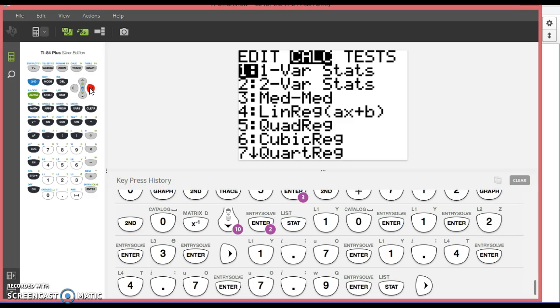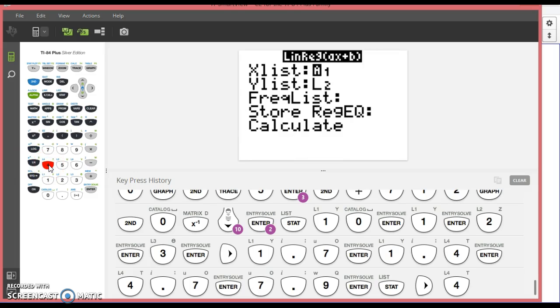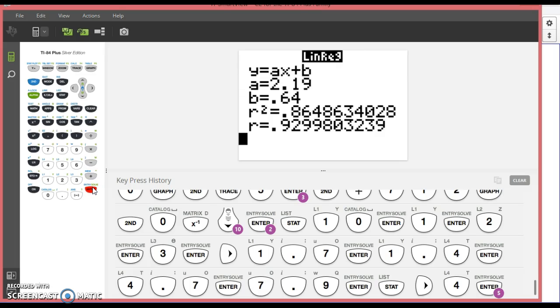So the first thing we're going to do, you see linear regression is number 4? I'm just going to do that first. So I'm going to hit 4, and I'm going to hit enter. Keep hitting enter until it gives you your values. Now, the R squared value for linear regression is